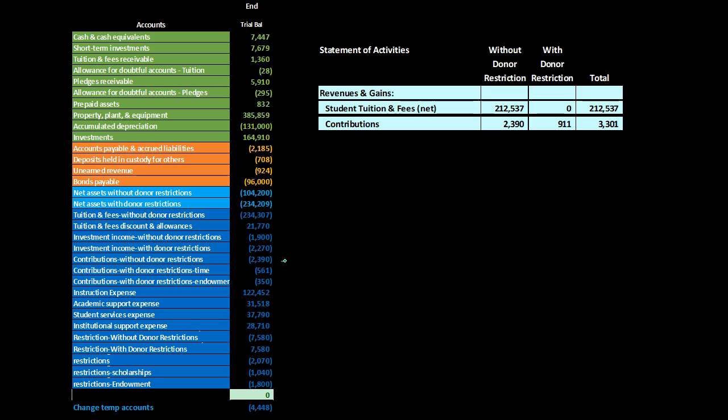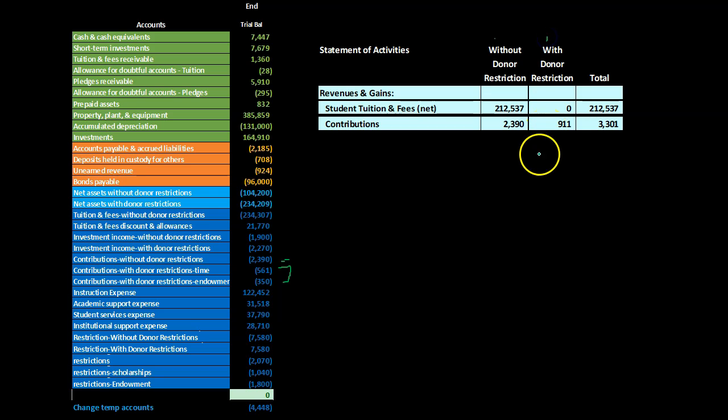Next item is going to be the contributions of the 3,090. The contributions are going to be broken out between that 3,090 and the contributions that have restrictions, including the time restriction and the endowment, the 561, 350 respectively. Having those without restrictions then is the 2,390. Then the ones with restriction is the 911. And note, of course, as we pull these items over here, we have the names, the accounts called, for example, contributions with donor restrictions due to time. Over here, we simply have contributions, then the column telling us with donor restrictions, this amount,